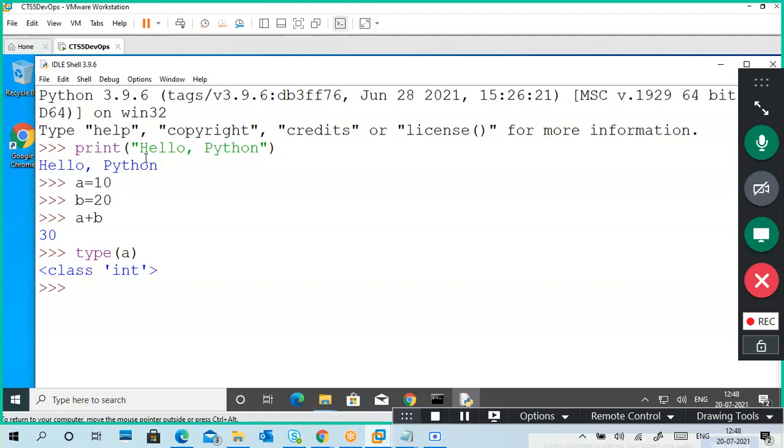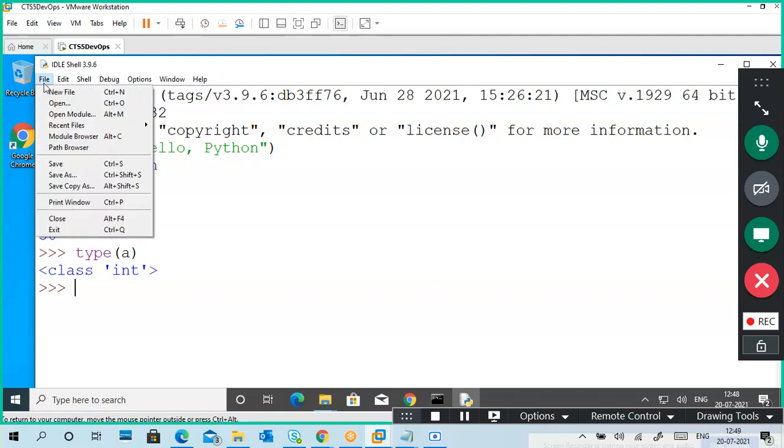We have not actually started writing programming code, but this is one way. The problem with this one is your cursor will go up and down, but you can't repeat the previous commands by using the up arrow and down arrow. In Linux we use the up or down arrow for previous commands, right? Like that we can't use it in this environment.